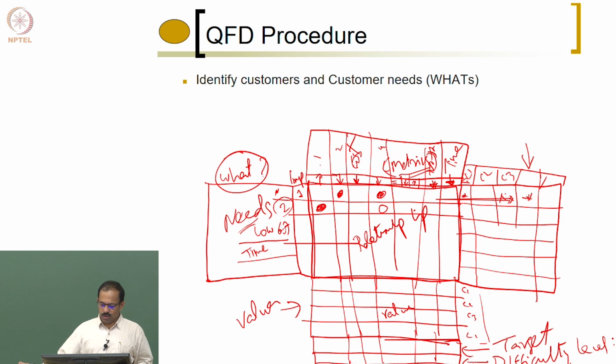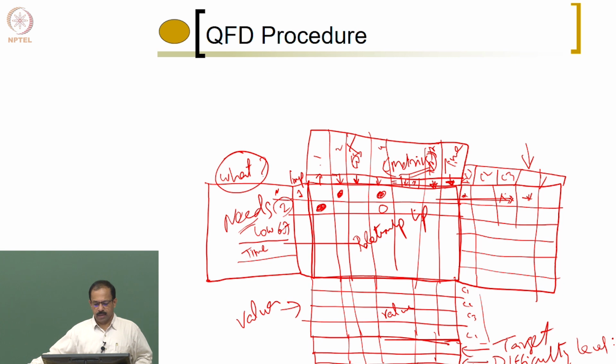Now, based on all these values, target values can be obtained from this chart. So we have needs, metrics, competitor values, and competitor satisfaction here. The last thing we need to know is, if I change this metric 1, suppose I increase the metric, I have given this as a metric and I want this to increase, what will happen to the other metrics? Is there any other metric which will get affected by changing this?